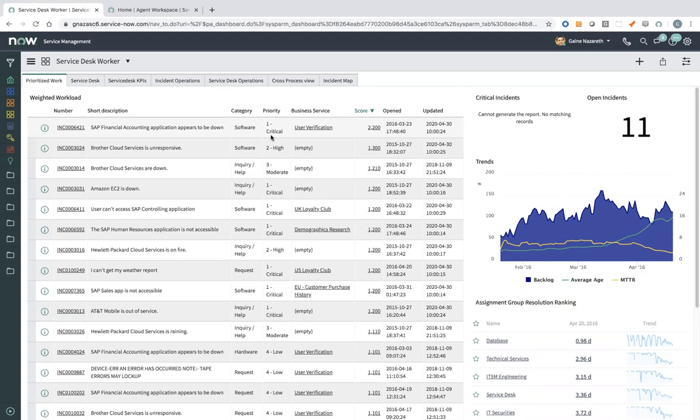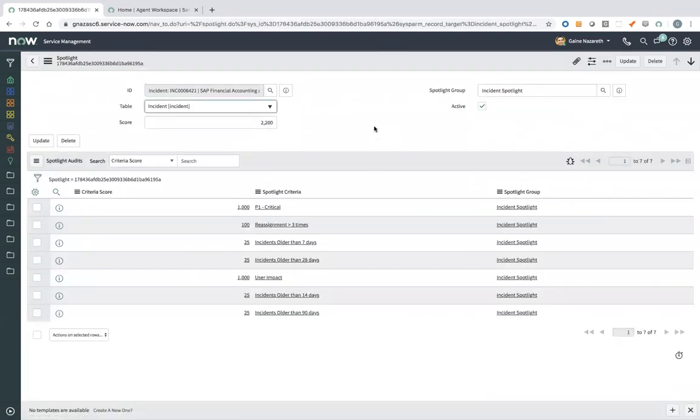In this case, what we do in ServiceNow is we have a score function where ServiceNow will automatically score each of the tickets or each of the items in your workload. And this score is basically populated from some predefined metrics or predefined KPIs or criteria rather that you provide us. And again, this is just a demo, so I'm just going with some of the out-of-the-box stuff. What we did is we said, okay,